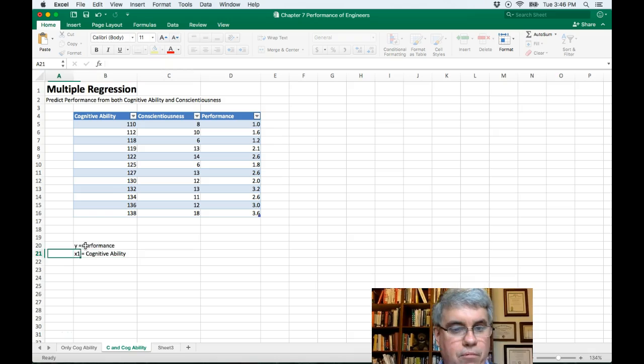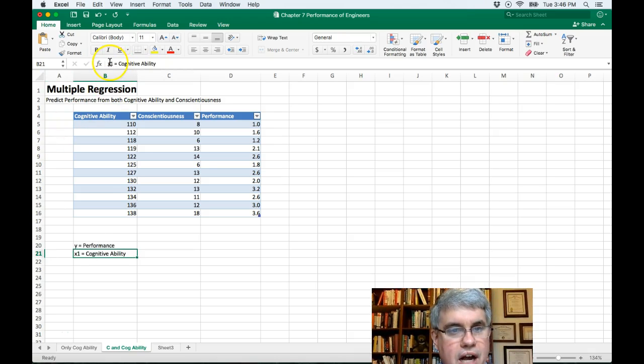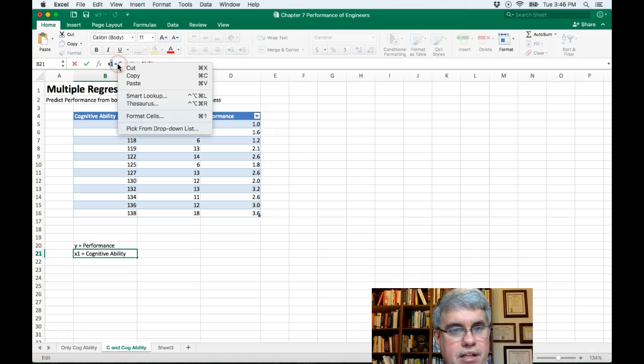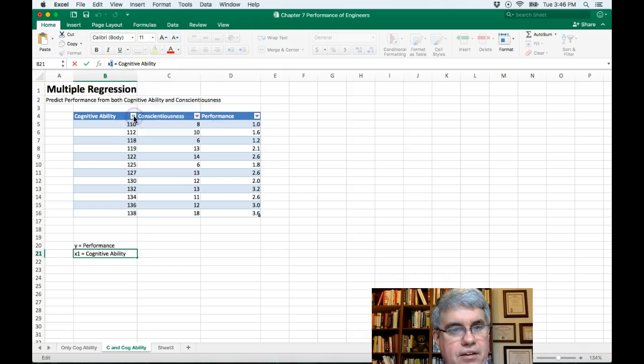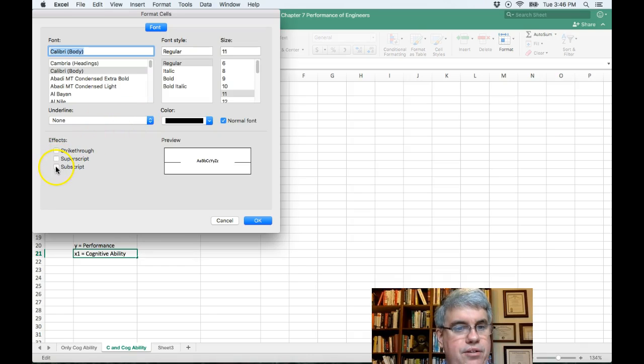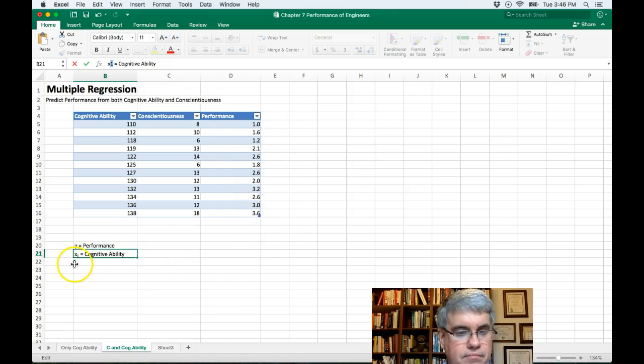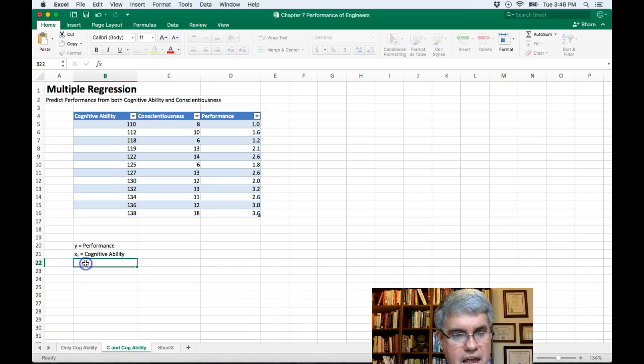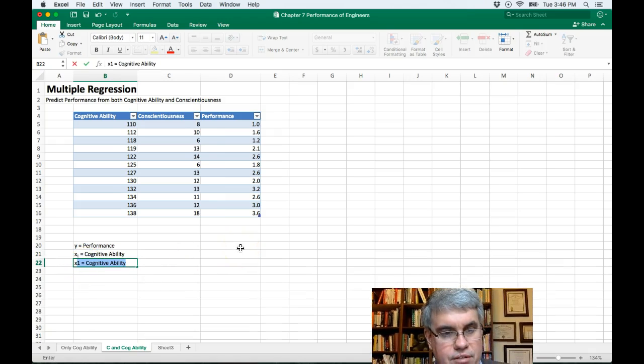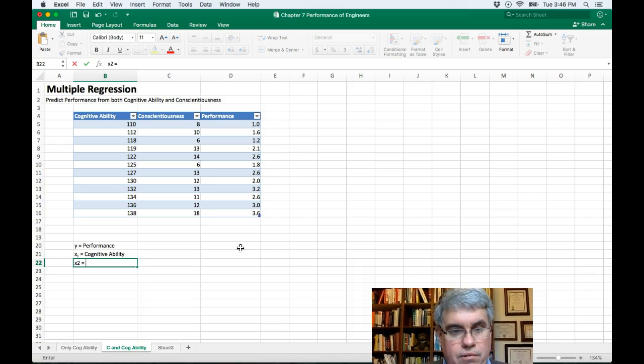Now, we want that 1 to be a subscript, so what we can do is highlight it, go up here, right-click, format cells, and then choose Subscript. Press OK. So now down here we have X1 equals cognitive ability, and we want X2 equal to